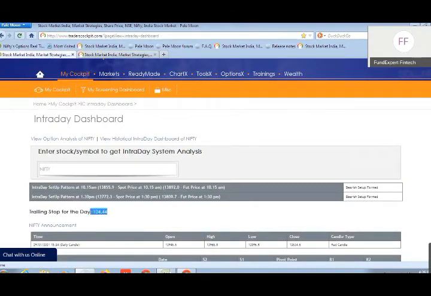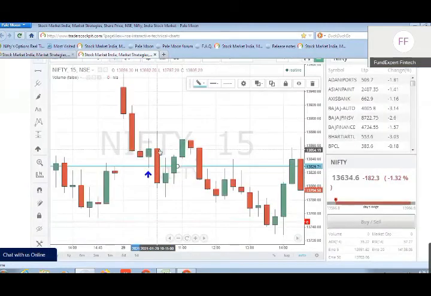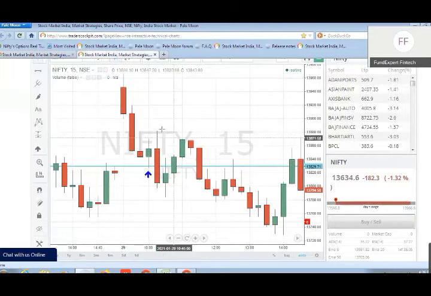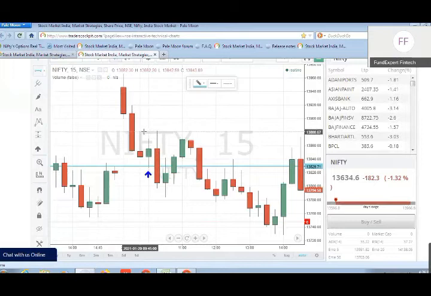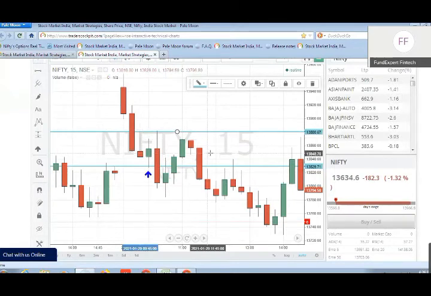If you feel that the stop loss is too high, then what you can do is you can keep a stop loss somewhere around the reversal which happened here. Okay, ideally around this point, where just the previous high was made, that is 880 or some point. That point could have been a stop loss value there.